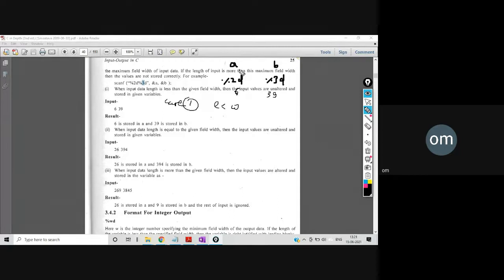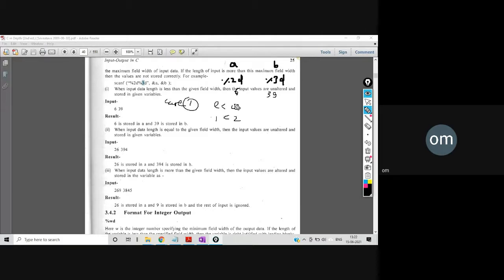So for A, the width w is 2, and the length of the data is 6, so only 1, so 1 is less than 2, right? And for B, the data length is 2, but the width given is 3, right? So the first case is length is less than w.